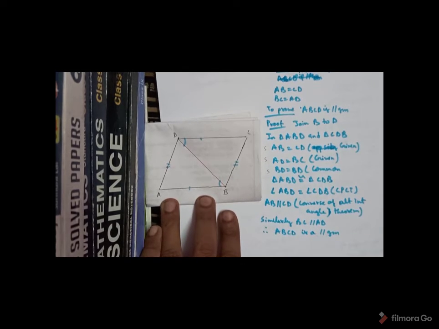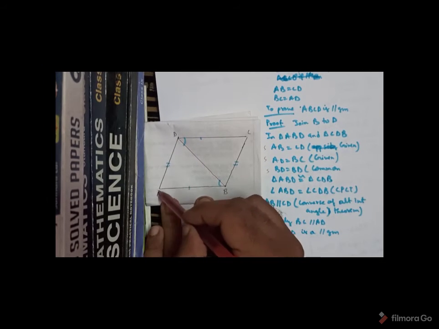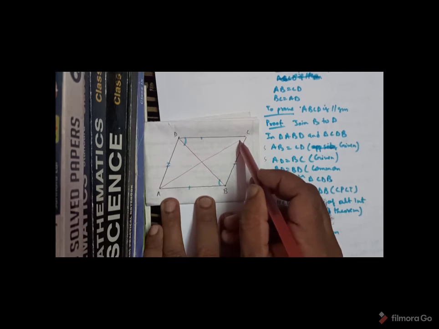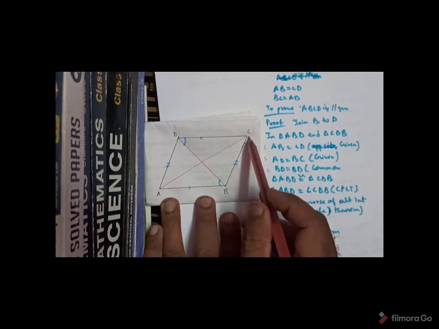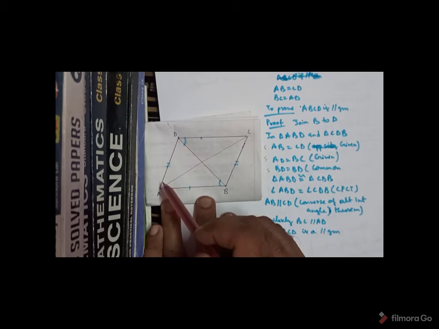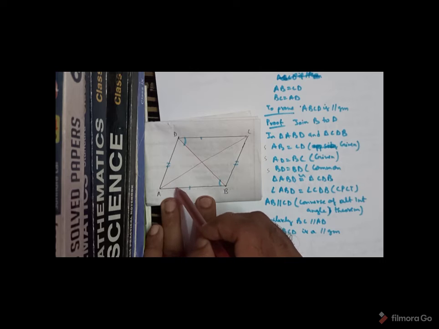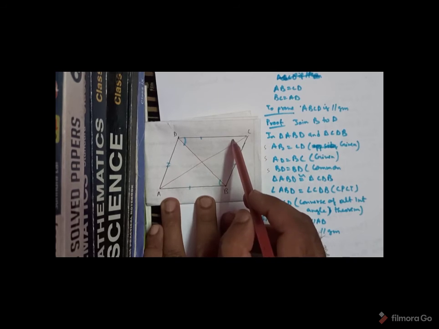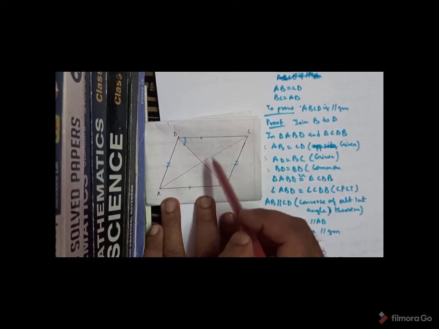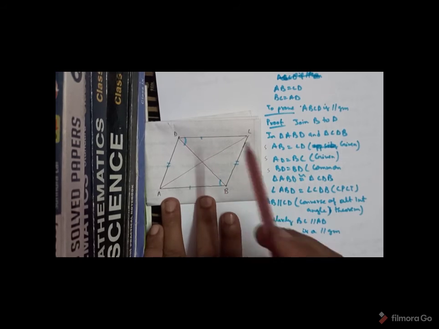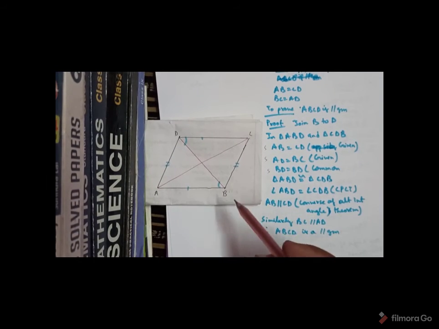Now you must be wondering how we can prove that BC is parallel to AD. So I am just telling you orally. If we join AC, then these two triangles will be congruent, that is ABC and ADC. And if ABC and ADC are congruent, then angle BAC will be equal to angle DCA by CPCT. Then again by converse of alternate interior theorem, AB is parallel to DC. Also, you can prove it in the same triangle also.